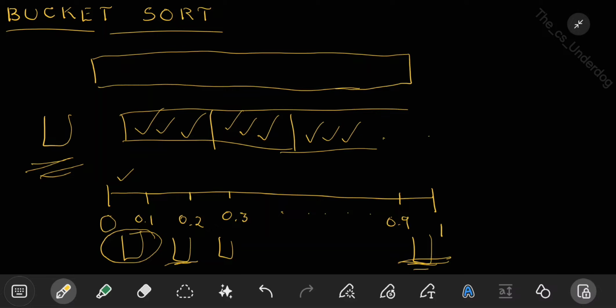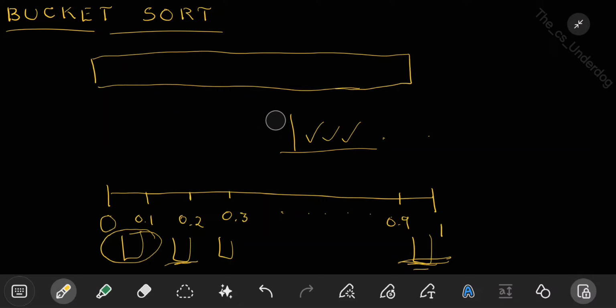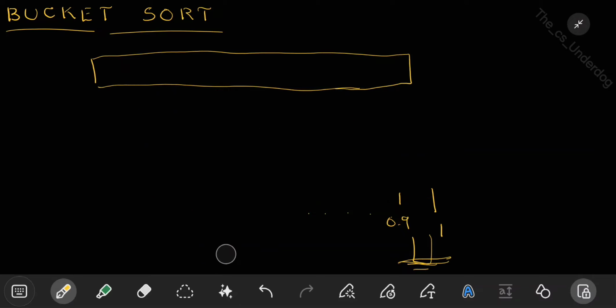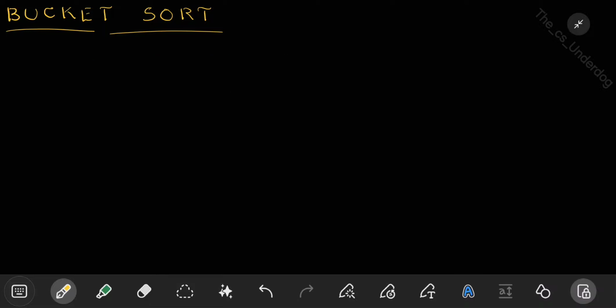This is how you will prepare the final sorted list. What we'll do, we'll take some numbers and understand this very clearly. After that, we'll write the pseudocode and look at the time and space complexities. So what we'll do, we'll take numbers which are in the range 0 to 1 so that the process is easier. Let us say the numbers are these: